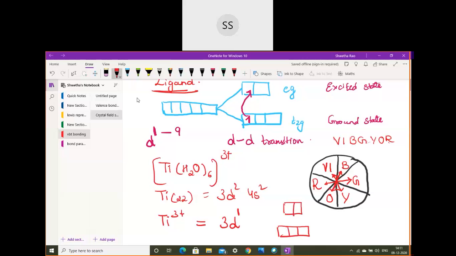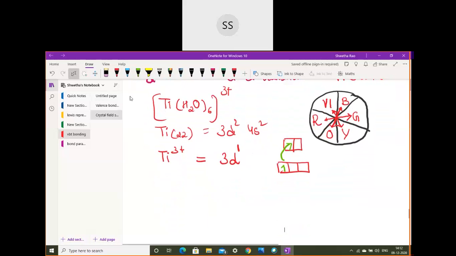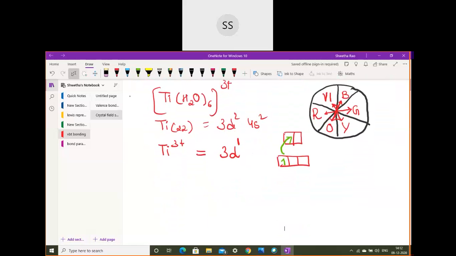So the same excitation will happen here which I showed you. What happens is, in these orbitals which are present above, we have only 1 electron in the lower energy state, and from the lower energy state it jumps to the higher energy state and imparts the color. So this titanium complex is able to impart color because there is 1 electron present in the d orbital. It takes certain energy and goes to the higher energy state. So that's it. You need to remember why the complex shows color. That is because of d-d transition.